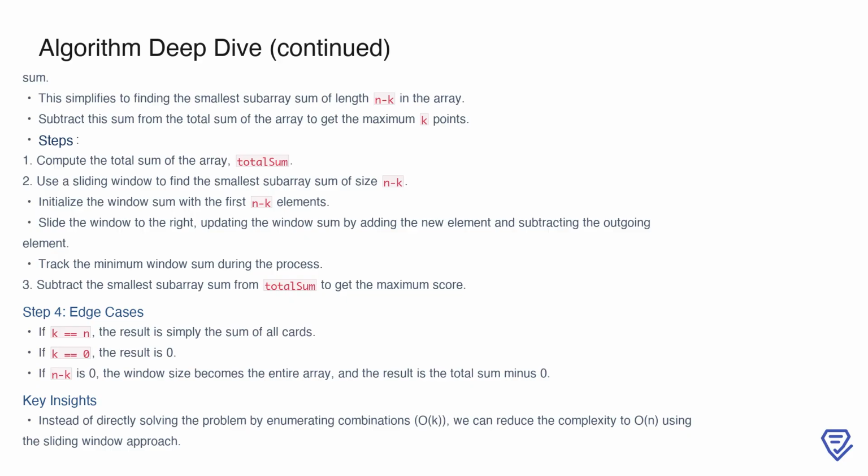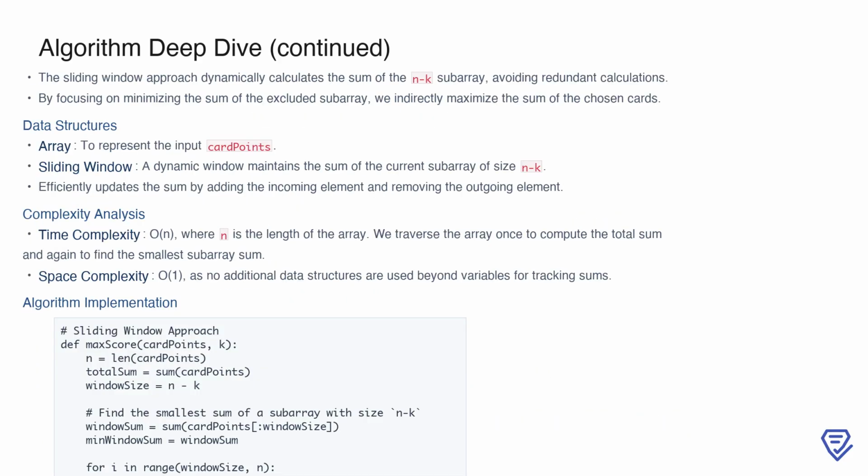For edge cases, note that if k equals n, the result is simply the total sum of the array since all cards are chosen. If k is 0, the result is 0 because no cards are selected. And if n minus k equals 0, the window size covers the entire array, meaning the result is the total sum minus 0. This sliding window approach is particularly efficient because it calculates the sum of the n minus k subarray dynamically, eliminating redundant